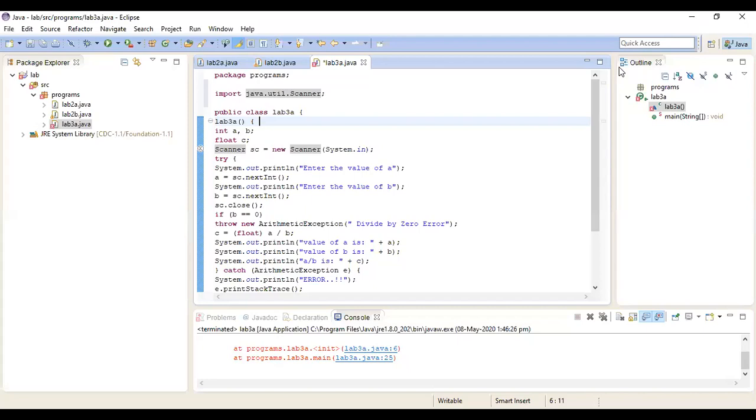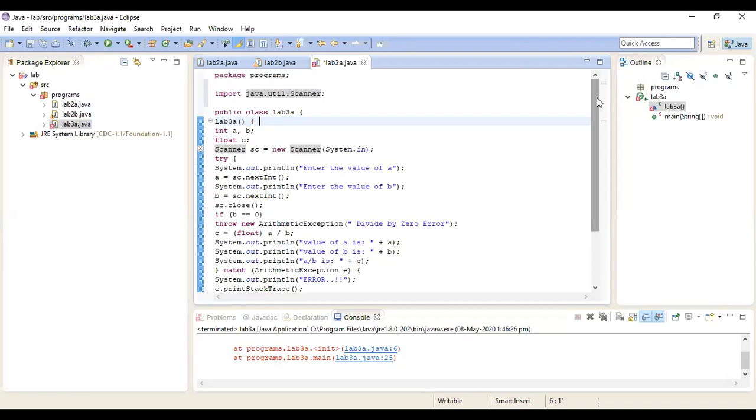Now we will come to the execution part. We will continue writing the programs in the same package that we created for the previous executions. Now we will go through what is there in the program. The requirement is that I have to read two integers a and b. If b is equal to 0, then it causes an exception, and I have to catch the exception.